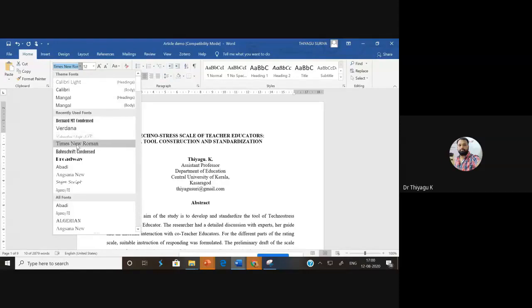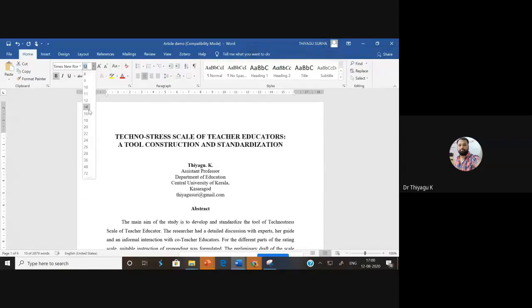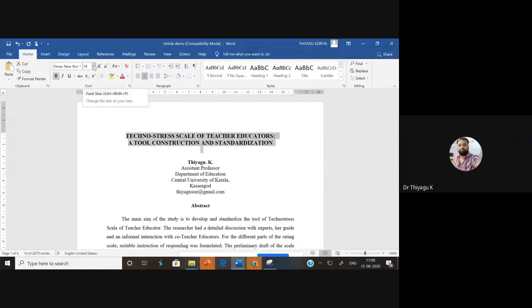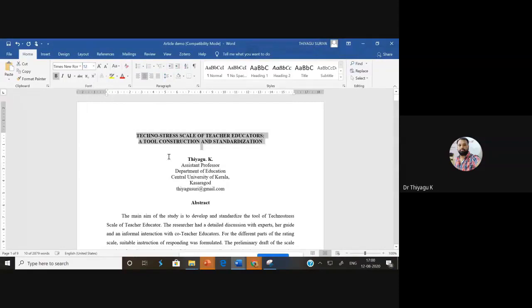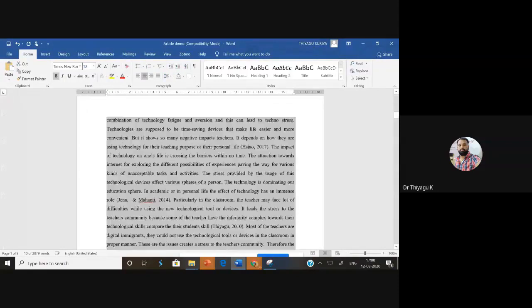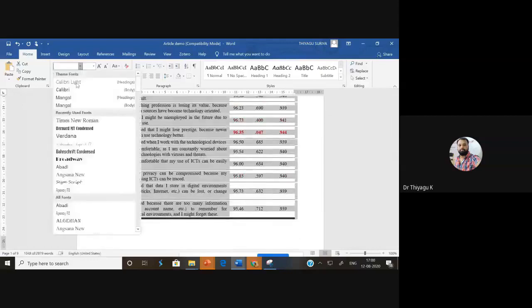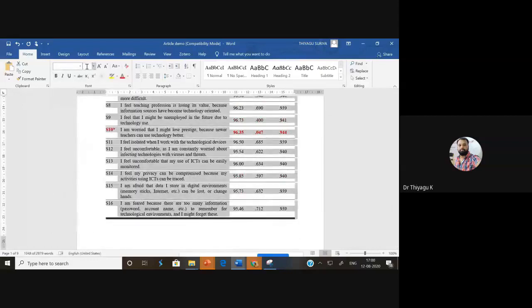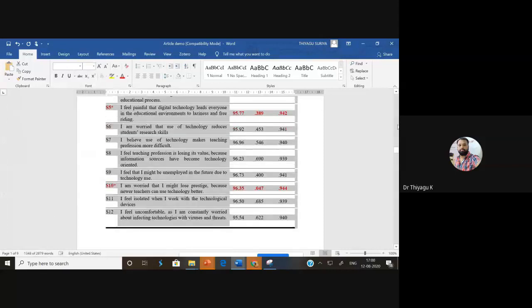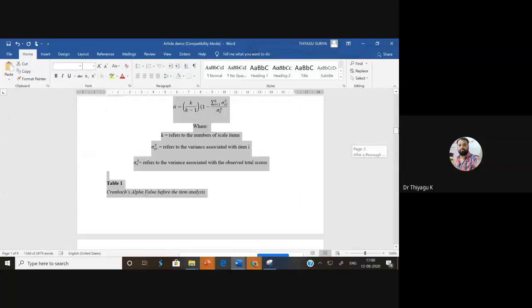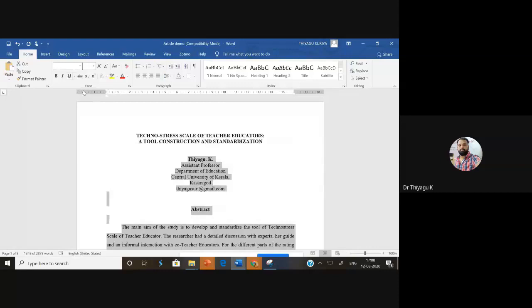So I'm clicking the font Times New Roman 12. If I fix 14, it may be bigger, but according to the APA suggestion, they give the option that you can go with 12. That's why, even see here, I have this many pages. If I select all the things, I get the same font size. You have to fix the same font size only. Don't change the font size. So Times New Roman 12 should be fixed universally. This is the way we change the font size.